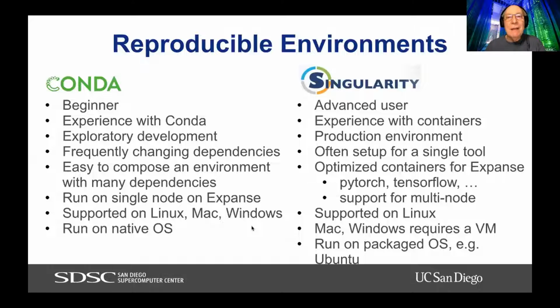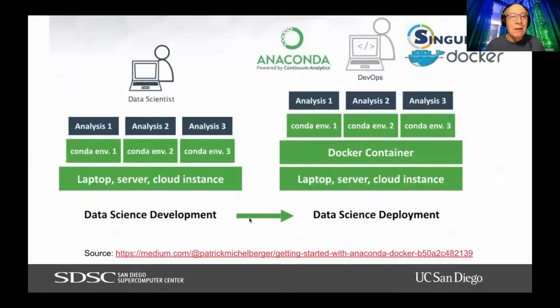And we have separate webinars about Singularity that have been recorded, so you can go back if you want to learn more about Singularity containers. But today, the focus is on Conda. So what does Conda do? Let's say you do 3 types of analysis here, and they have different software environments. Then they can be completely separated. They don't interfere with each other, but they can run on the same hardware. And then at some point, you may reach a point where you want to productionize it. That might be a time when, on HPC, you would use a Singularity container. Maybe on other systems, you could use a Docker container.